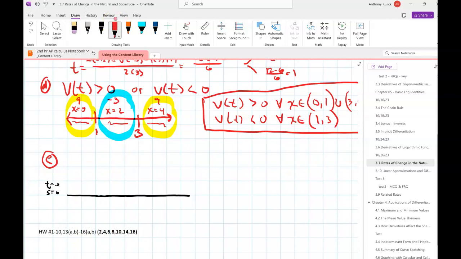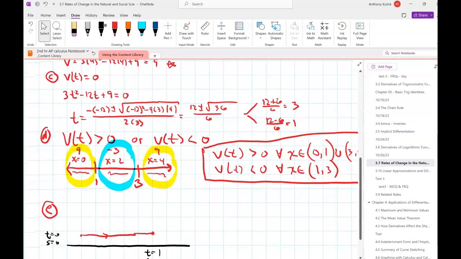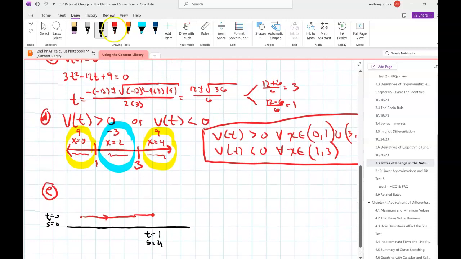Actually, let's draw that in color. And we go forward all the way until we get to t equals 1. And at t equals 1, the position there would be 1 minus 6 plus 9, so 4. At that point, we turn and start going backwards